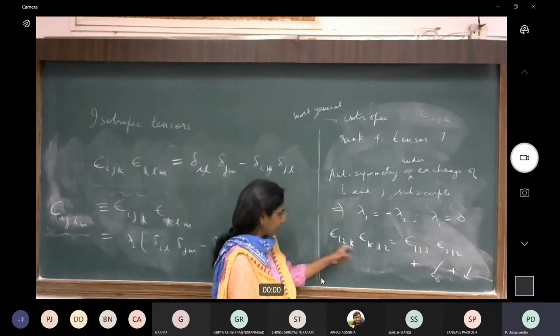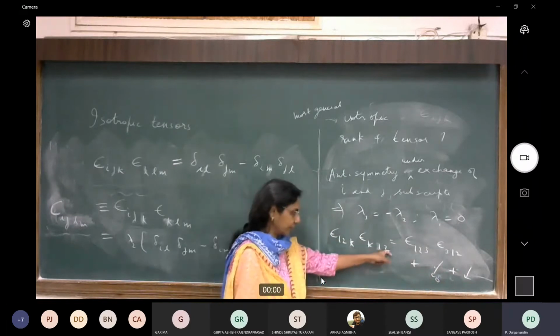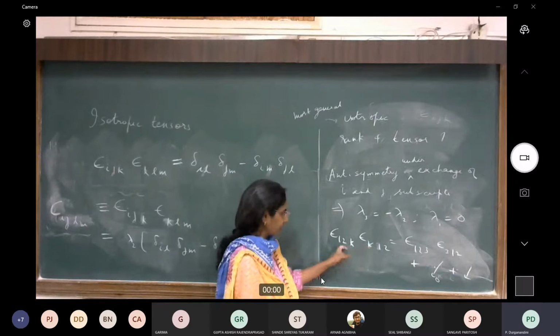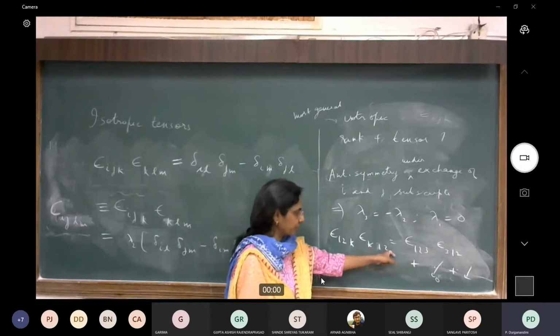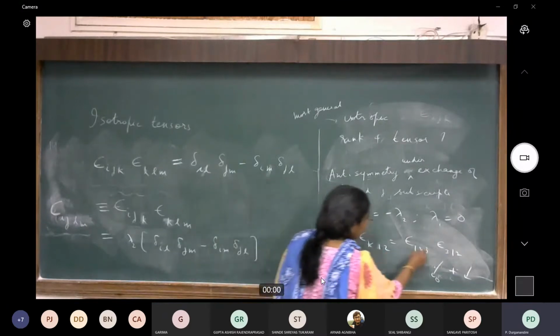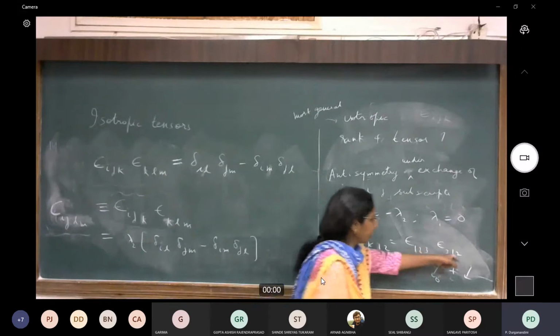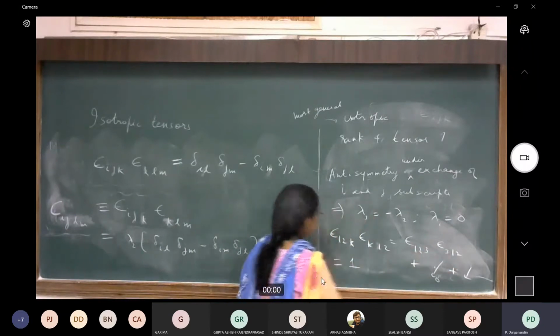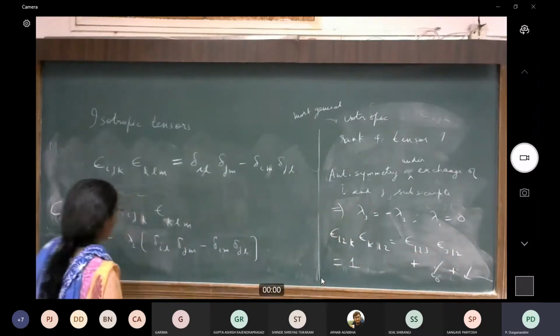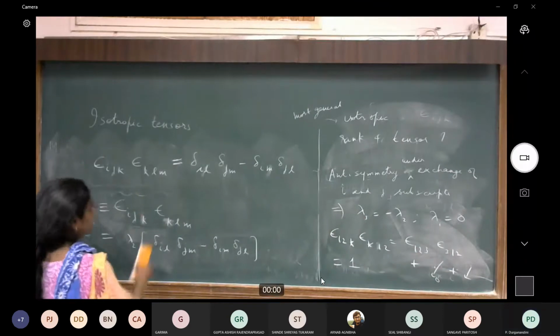Because when k equal to 1, I will get 1, 2, 1 and 1, 1, 2, that will give me 0. And k equal to 2 will give me 1, 2, 2 and 2, 1, 2, that will also give me 0. But epsilon 1, 2, 3 will give me plus 1. Epsilon 3, 1, 2 is also plus 1, so I'll get simply 1. Fine. So when I fix i, j,